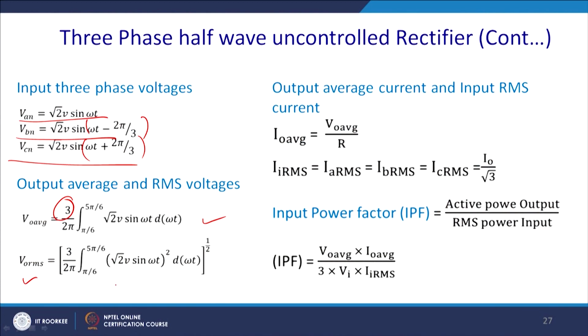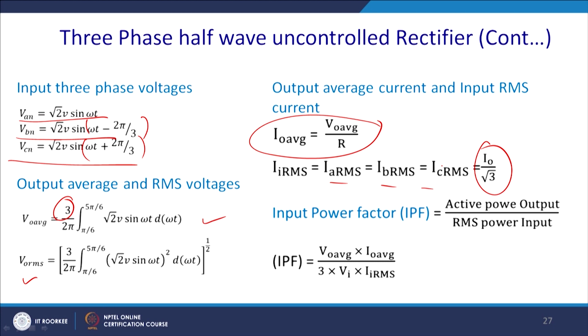So, you can get the RMS values as well as the average value. You can calculate them; I left it to the student to calculate. Similarly, you can have the load current, that is V average by R. Similarly, I RMS should be the same for the input, since it is a balanced system, IA, IB, IC should be the same, and we can find that its value will be I0